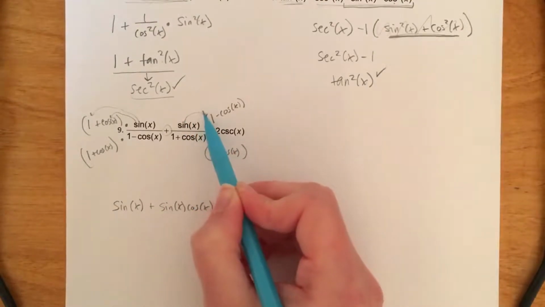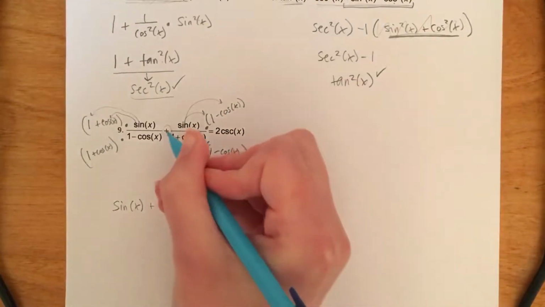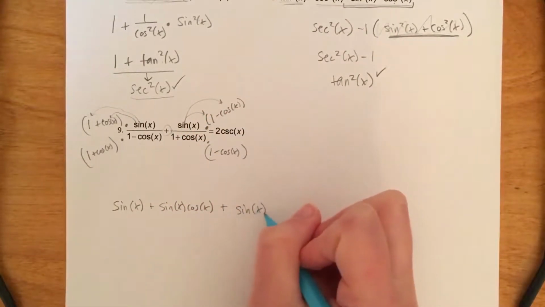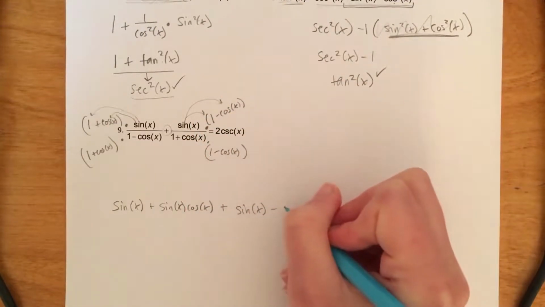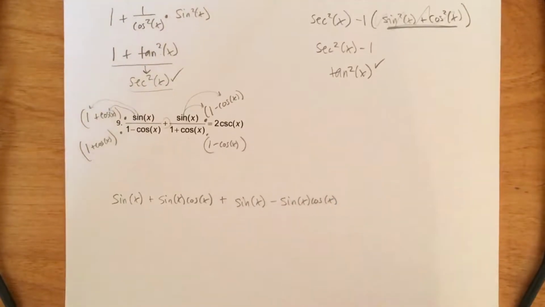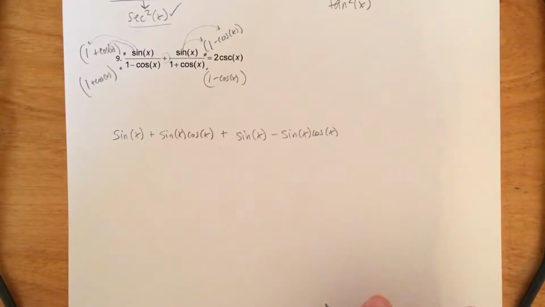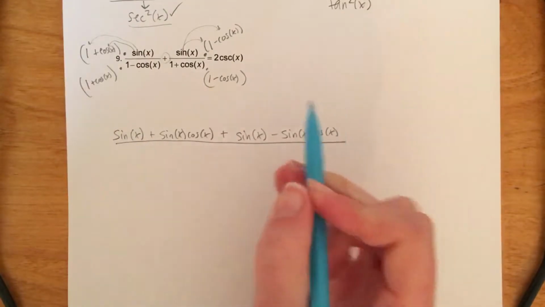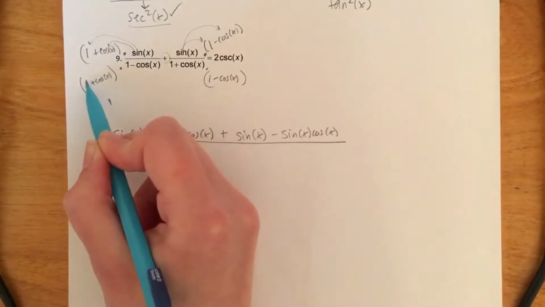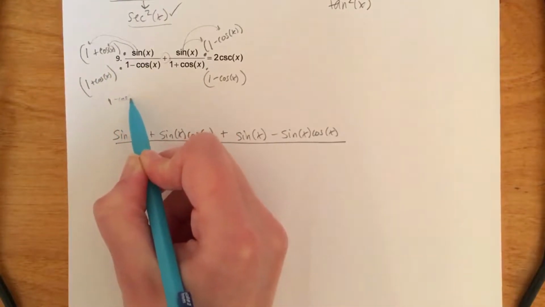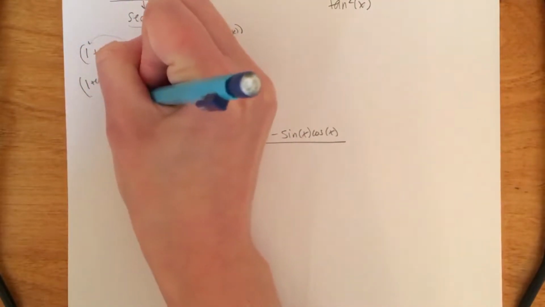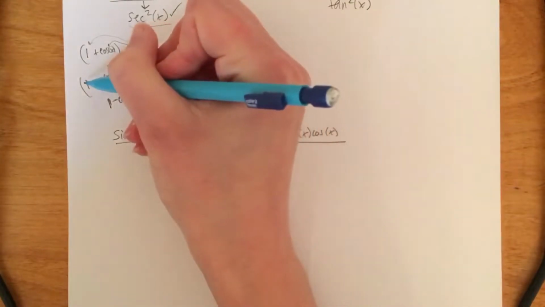So distributing sine to the 1 and sine to here, so we have a plus sign between the fractions. So 1 times sine is sine, and then sine times the minus cosine is minus sine of x, cosine of x. Whatever order you want is fine. Cosine first or the sine first, doesn't matter. So then the bottom, if I really multiply 1 times 1, I get a 1. 1 times negative cosine, we get negative cosine. I guess I should actually write that a little darker so you can see it. Sorry. And then if I did this times this,